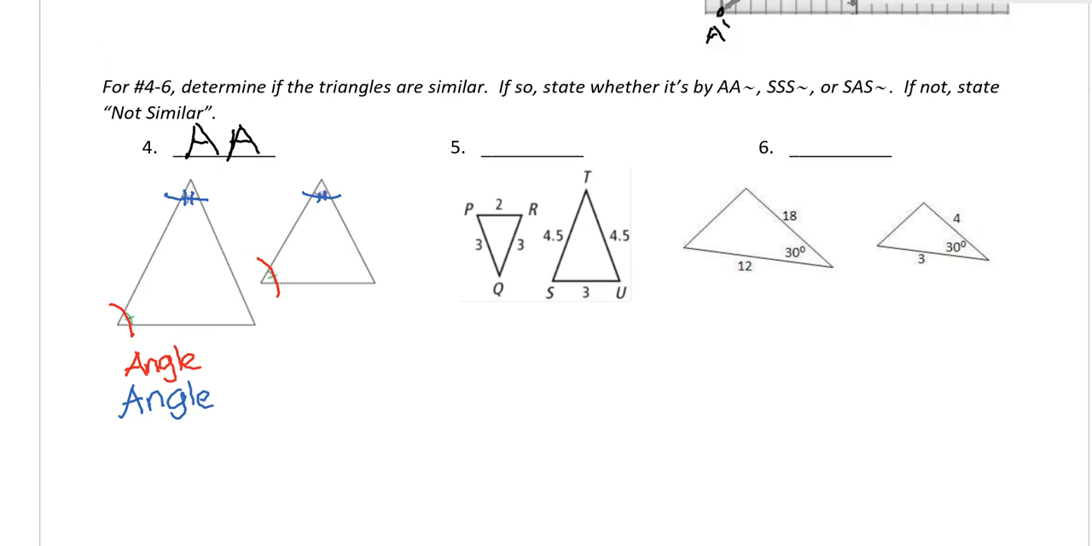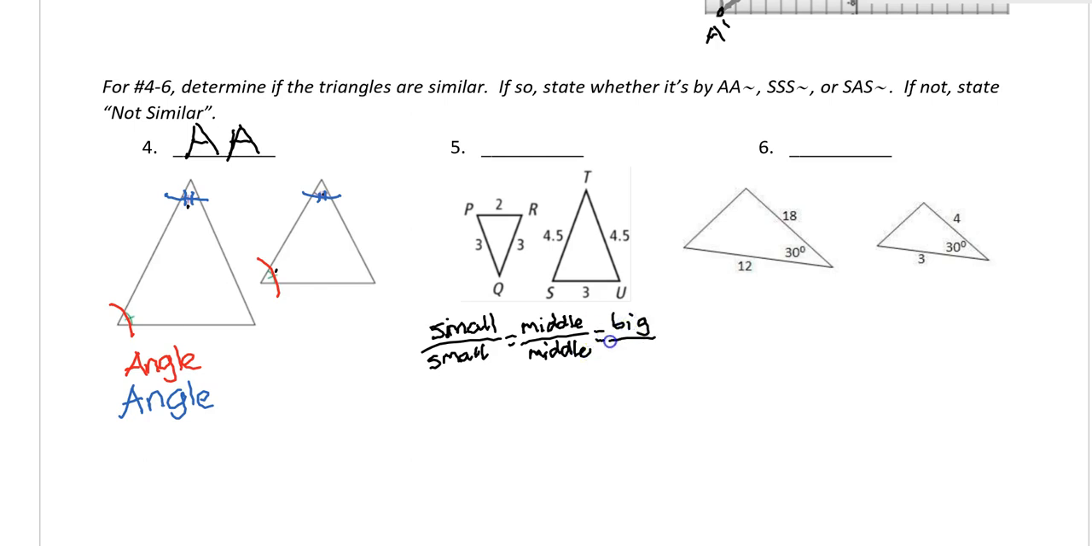For our second one, if you notice, I don't have angles. Angles, remember, are the inside of the triangle. I have the outside numbers, so these are sides. So if it's similar, it's going to be by side-side-side. So I have to do, remember, small over small, middle over middle,